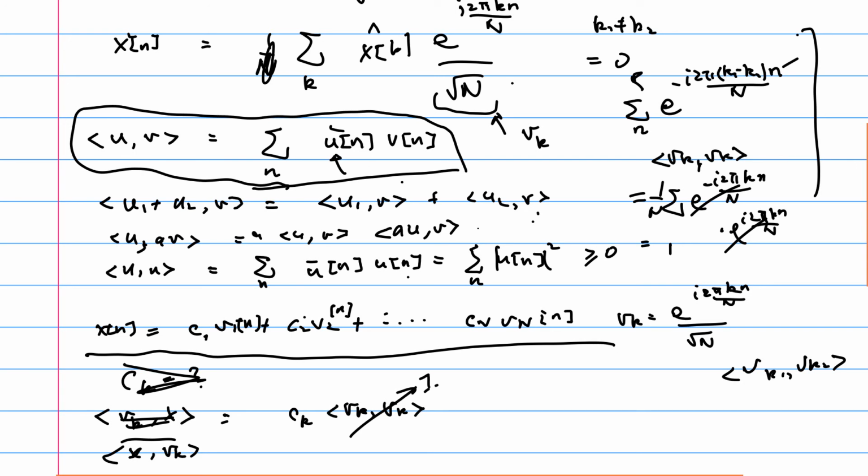If I pull this out, I have a bar on u. So if I want to pull out ck instead of ck bar here, I want to do x and vk complex conjugate there, the inner product of x and vk. So then x and vk, going back to that definition, is equal to